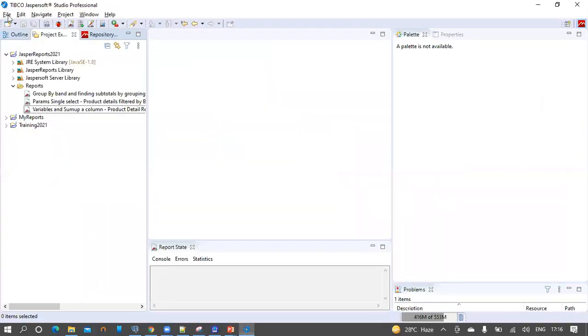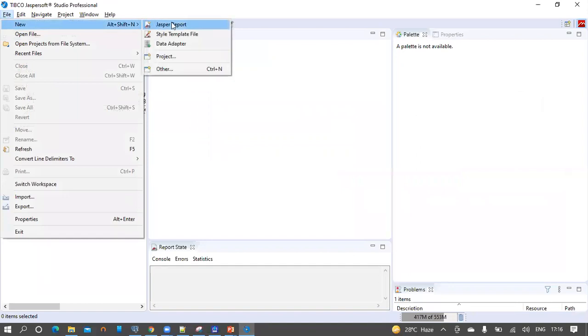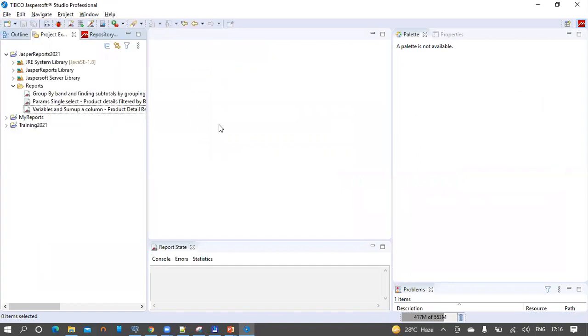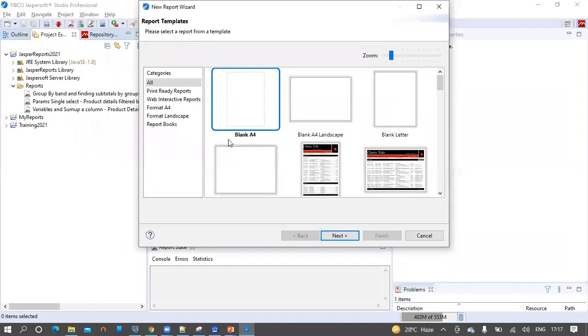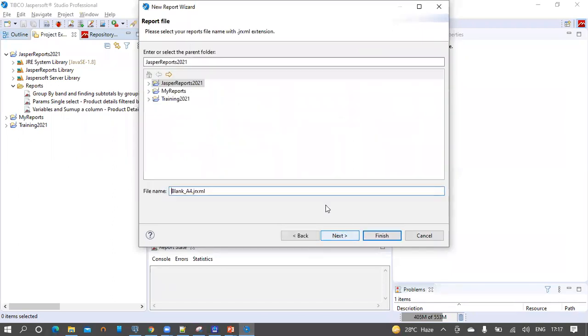Create a blank report from File, New, then Jasper Report. Select Blank A4 from the report templates wizard. Click Next. And let us save this report under a project folder. I have this Jasper Reports 2021 and a subfolder called reports.